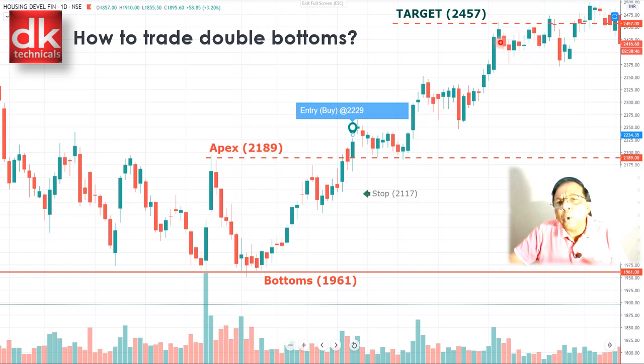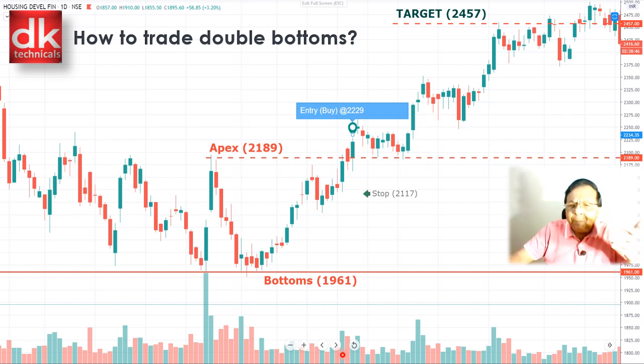When another swing low is formed, we can set the stop loss there, and accordingly we can trail the stop loss and ride the trend to take the maximum out of the upcoming uptrending move. Because once the double bottom formation is there and there is a breakout, the market, which was in downtrending mode, has just entered uptrending mode, and the markup phase has just started, where the market structure would be a formation of higher highs and higher lows.